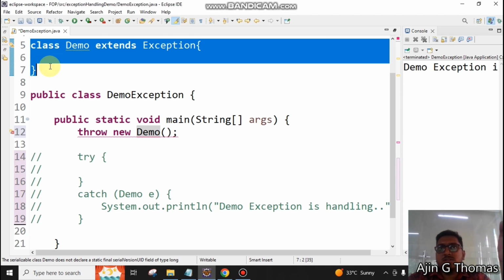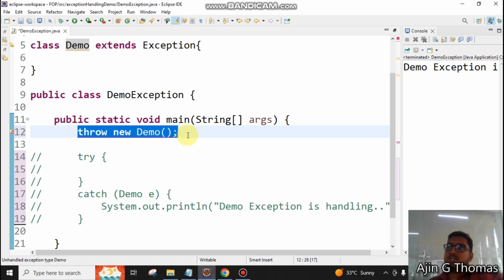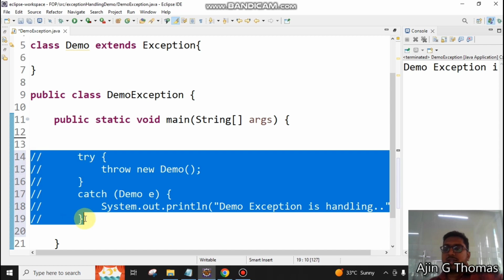Throwing that exception. So it will throw the exception on that line. I have to write the code for handling it. So I can handle whatever case is there, based on that I can handle the exception right here. So are you understanding what is